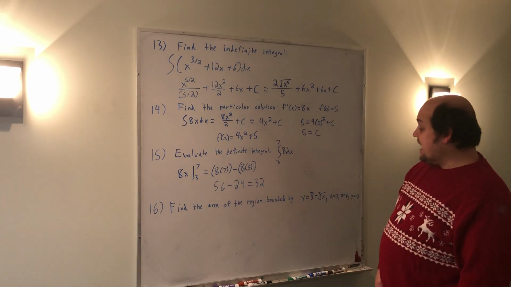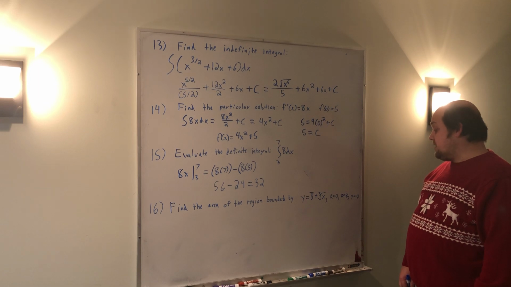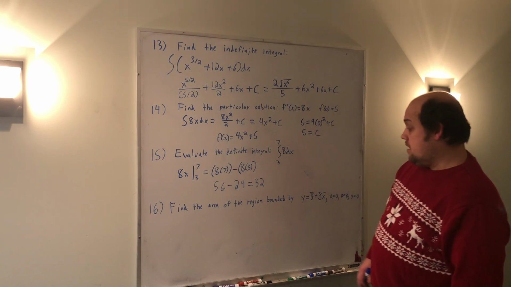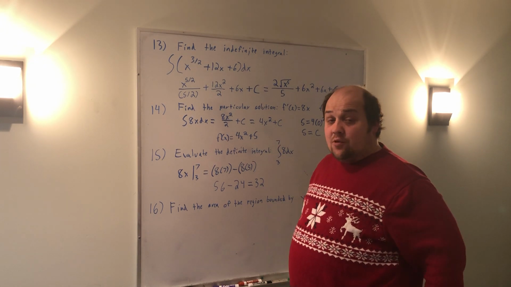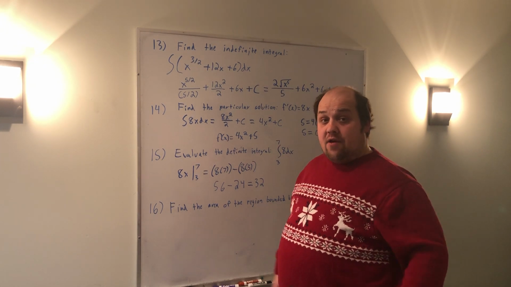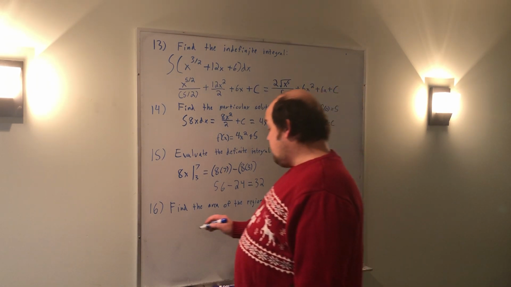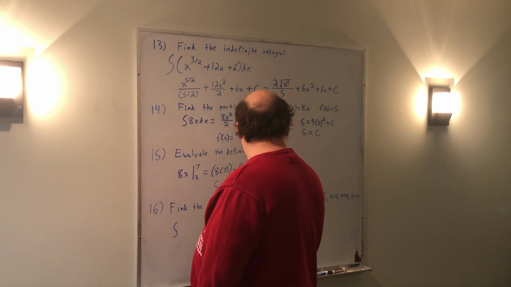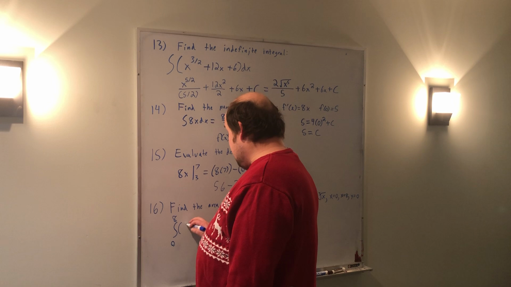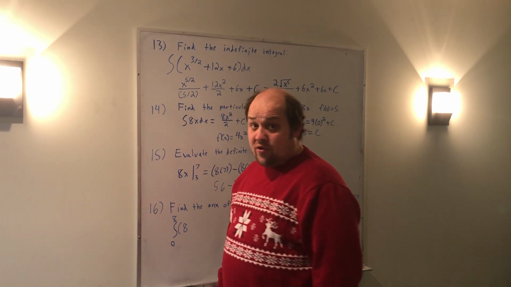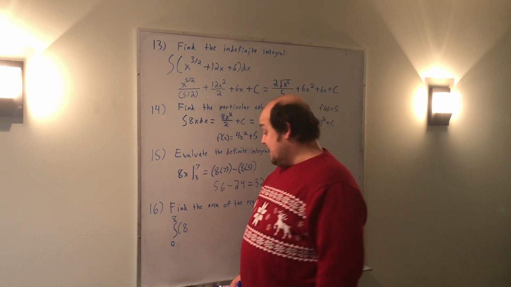For number 16, it asked me to find the area of the region bounded by y equals 8 plus the cube root of x from x equals 0 to 8 down to the y-axis y equals 0. That's exactly what an integral does. It tells you the area between two x values between a curve and the y-axis. So really those two x values that I'm integrating between are 0 and 8. The f of x that I've been given is 8 plus the cube root of x. Instead of writing it as the cube root of x, I'm going to write it as x to the 1/3